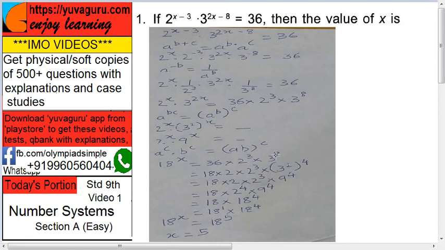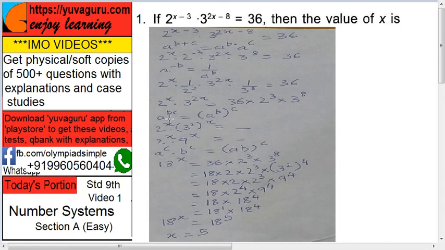Now what we want is, here it is 18 as a base. So we again want 18 here. How to bring 18? 36 is what? 18 into 2. Bring this 18 into 2. 2 raised to 3 same. Now why I have kept this same and this I have changed, 3 raised to 8? Because 2 into 9 is 18. We want 9 over here. So 3 raised to 2 raised to 4, same as earlier one.